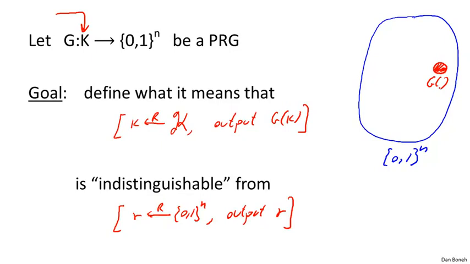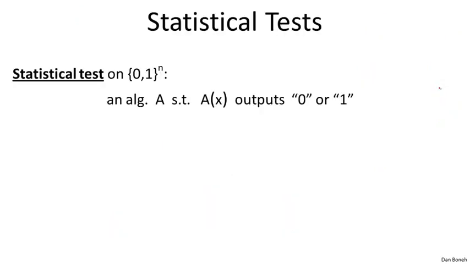Okay? That's the property that we're actually shooting for. So to understand how to define this concept of indistinguishability from random, we need the concept of a statistical test. So let me define what a statistical test on 0, 1 to the n is. I'm going to define these statistical tests by the letter A. And a statistical test is basically an algorithm that takes as input an n-bit string and simply outputs 0 or